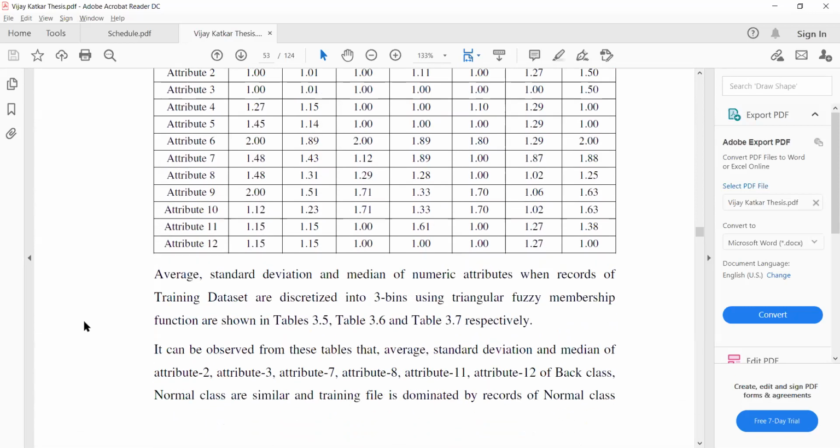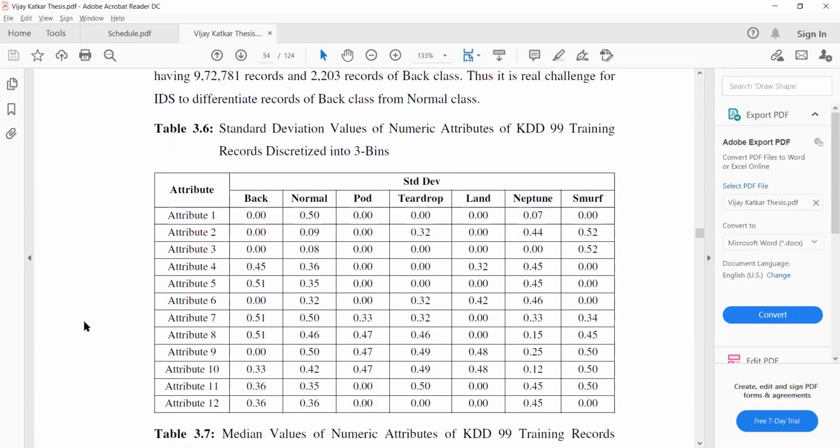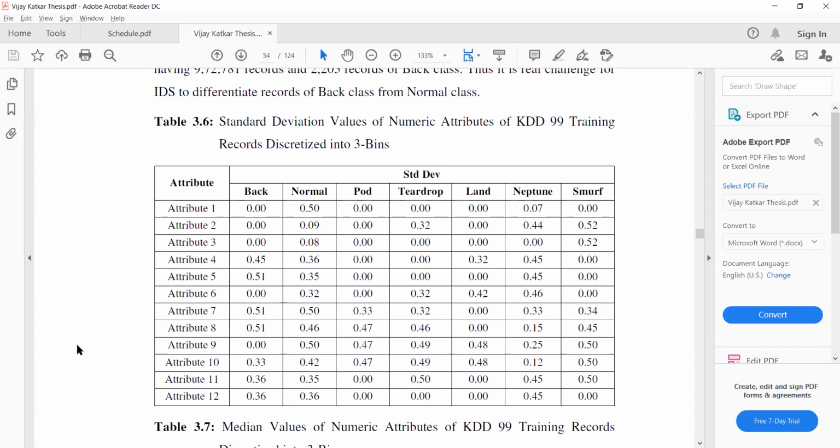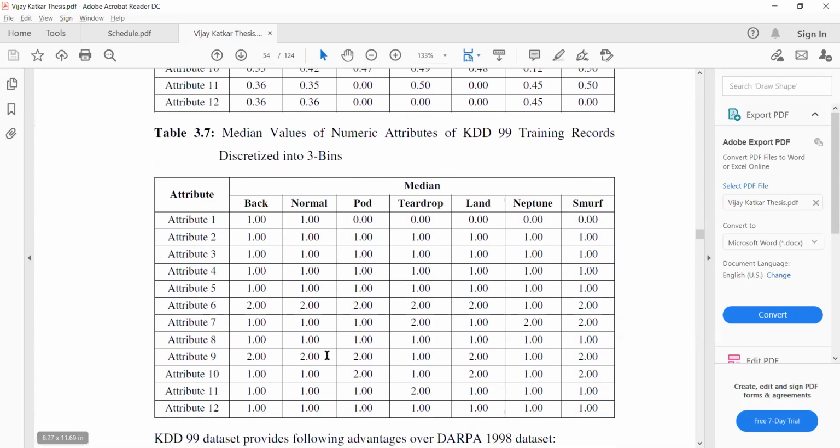So for average, standard deviation, and median values, it is almost the same. Because of this, it was extremely difficult to differentiate between the back class and the normal class. This was the simple thing that I came to know after analyzing simple statistics.